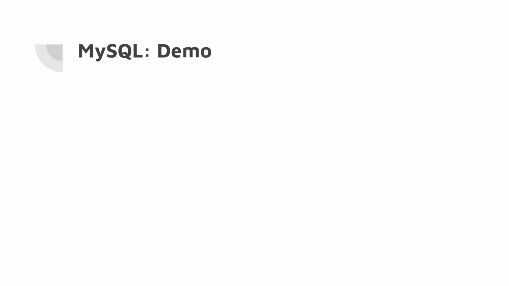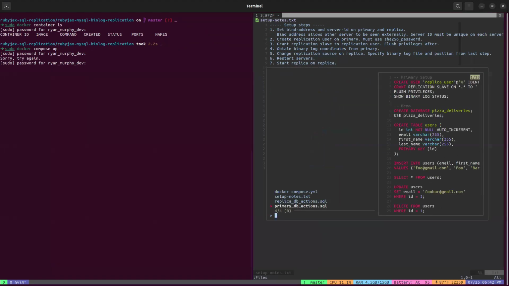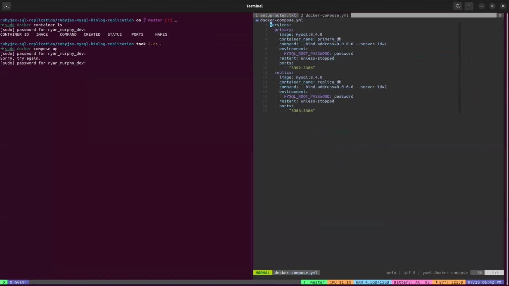So let's do a little demo. I'm going to start up a Docker container, or Docker Compose. While that's running, I'm actually going to show this Docker Compose because this has our configuration. And ordinarily, I think these would go in a configuration file, but